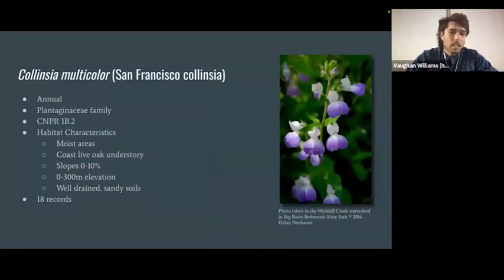Collinsia multicolor was one of the first ones. Really pretty wildflowers. It's called the San Francisco Collinsia. It's an annual species, so it comes up once a year and reseeds itself, in the Plantaginaceae family. It has that California native plant rank of 1B.2, so it's rare, threatened, and endangered in California and elsewhere, and